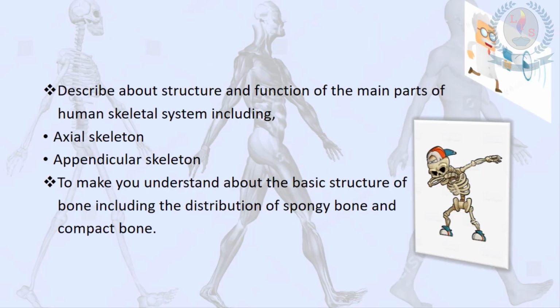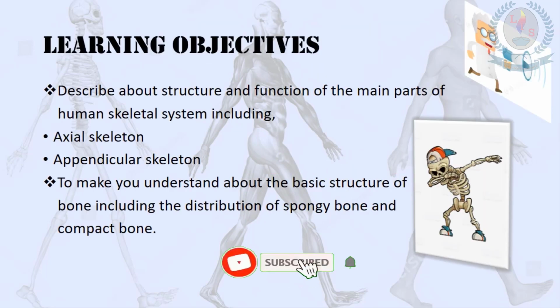Okay, let's find out learning objectives of these lessons. Here I am going to describe about the structure and the functions of the main parts in human skeleton system, which include axial skeleton and appendicular skeleton. And here I want you to understand about the basic structure of the bone, including the distribution of the spongy bone and